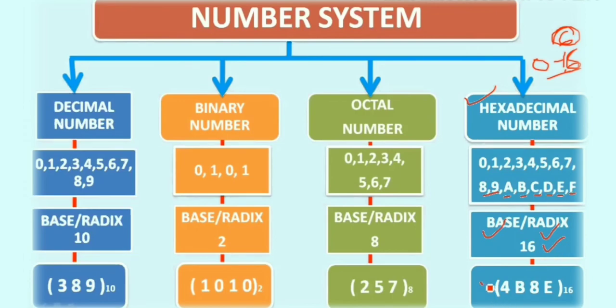So how do we write it? Whatever value we have is enclosed in parentheses and 16 is written as a subscript outside the brackets. So 16 is written as the base. So all about how to identify any number by just looking at it, how to represent a number in different number systems, is just by taking care of the base value. Decimal has 10, binary has 2, octal has 8, and hexadecimal has 16 as its base number. So it is represented as given here.